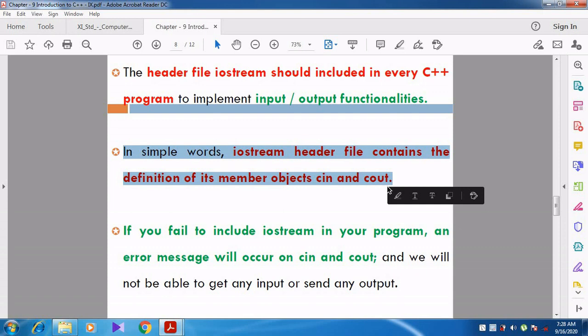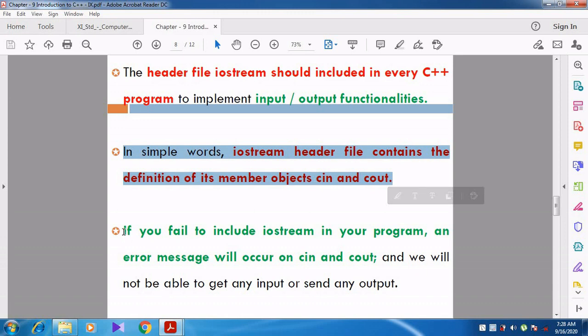So whenever we are using cin and cout in our program, we must include the iostream header file, because their declarations and definitions are given in the iostream header file.